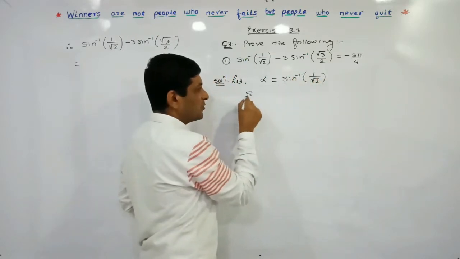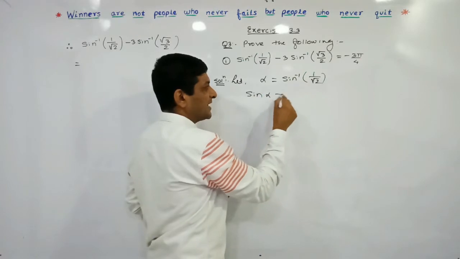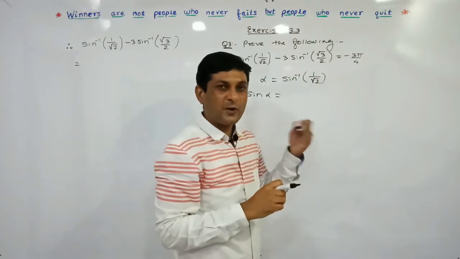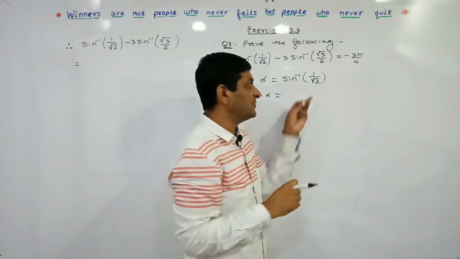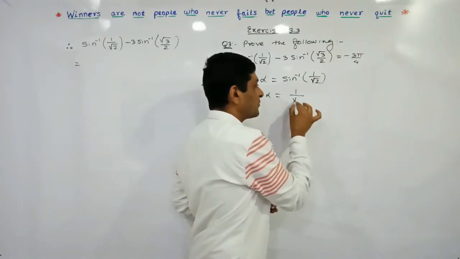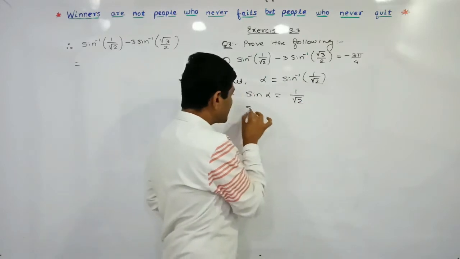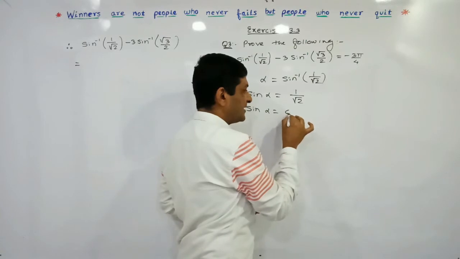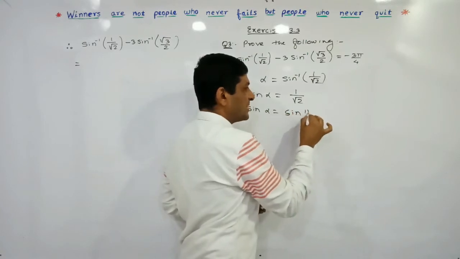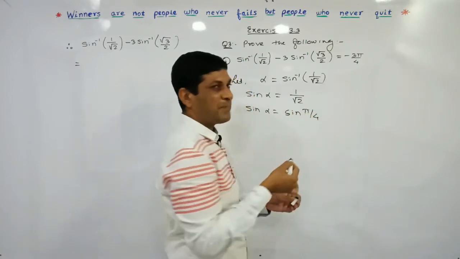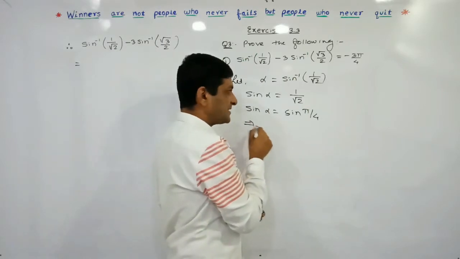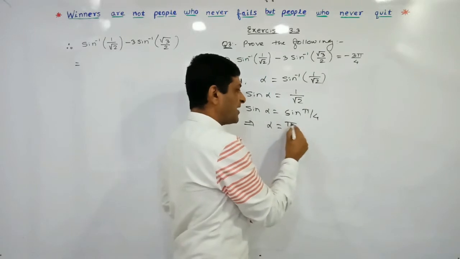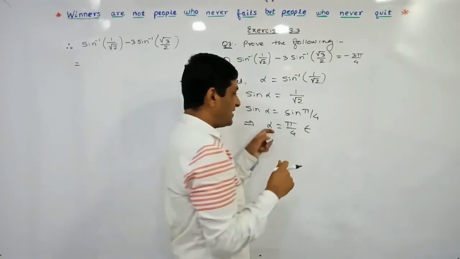So we are taking sine on both sides. On this side we will get sine alpha. If we take sine of the right hand side, according to our property, sine and sine inverse will get cancelled. What we will get here? 1 by root 2. So keep this sine alpha as it is. What is the value of 1 by root 2? 1 by root 2 is nothing but the value of sine pi by 4. So comparing both sides we can say that alpha is equal to pi by 4.